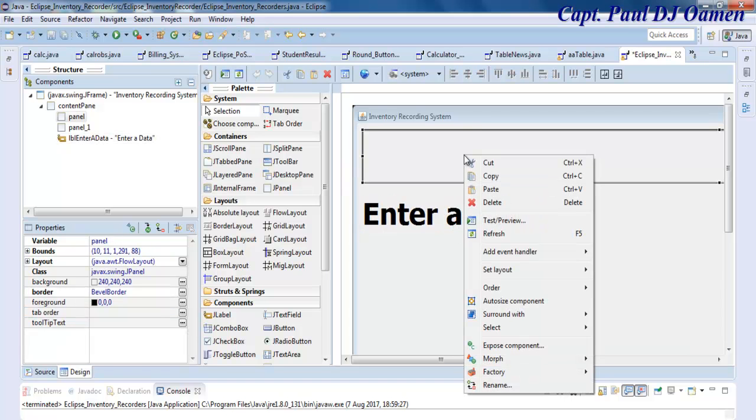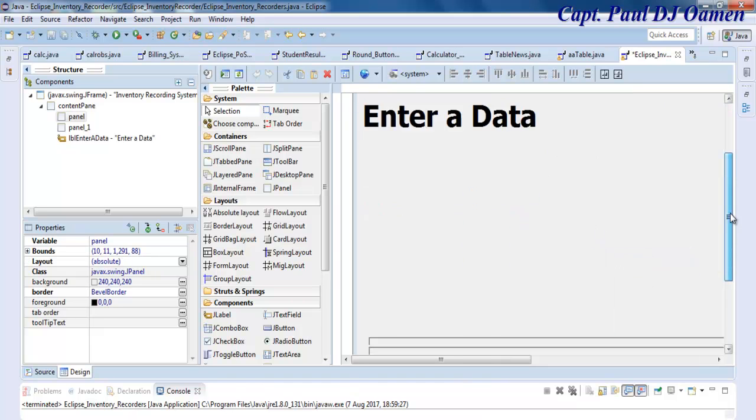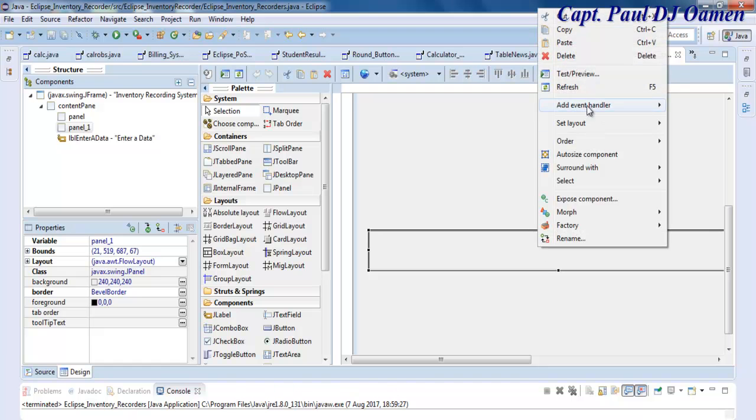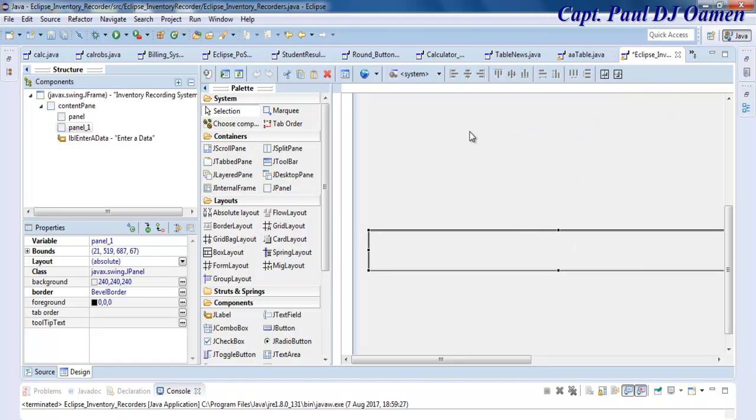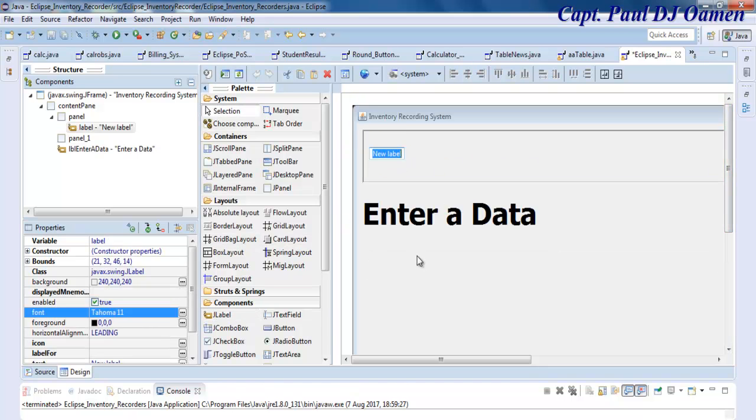See this very panel, right click on it, select set layout and change it to absolute layout. We ought to have done the same thing for this very one. Set, change to absolute layout as well. Okay, I can now paste the label on it. So this very label, I would now give it a name. Can just call it how to add. This is what this tutorial is all about. How to add and select